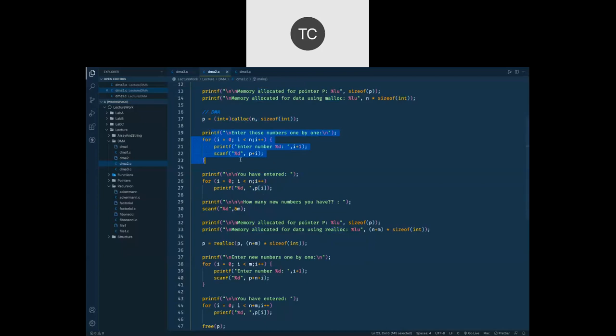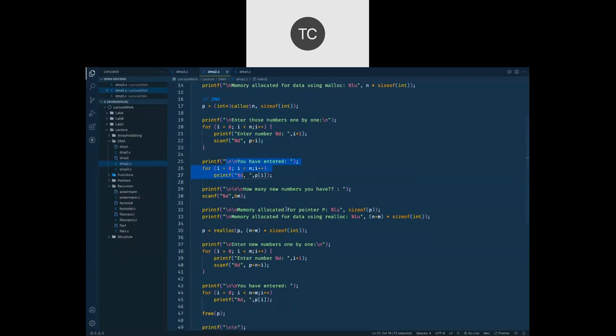The rest of the code will be the same. Using the pointer, you access your memory allocation, store some data, process that data, whatever you want. But sometimes it happens that initially you wanted, let's say, 10 bytes of memory. But when you start performing your task, you come to know that 10 bytes is not enough. We want 15 bytes. Then there must be some functionality by which we can reallocate memory. And to achieve that task, we have the realloc method.